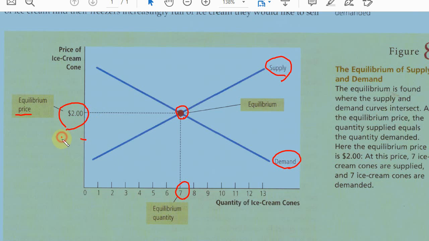Suppose that 1.5, here $1, maybe 0.5. See that as the price increases, if we go up here,